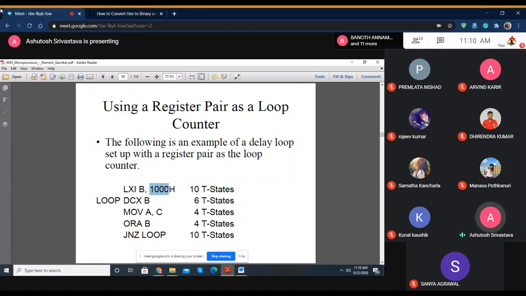And while doing all these things, it will introduce what you call the delay. Okay, so this particular operation per se requires 10 T states. Similarly for the next instruction, which is like